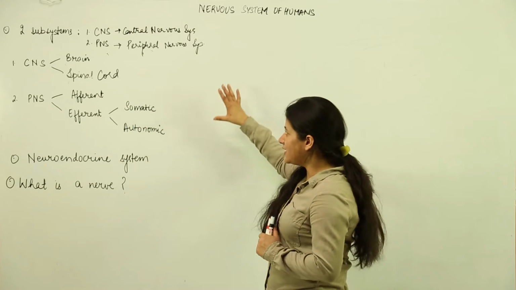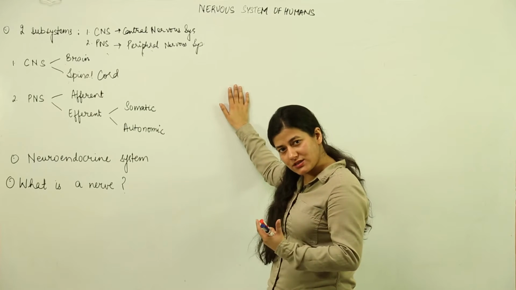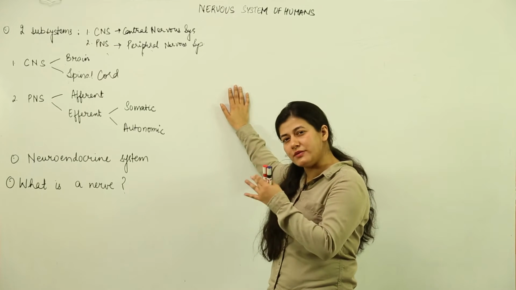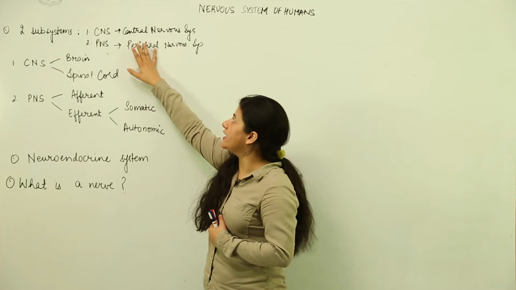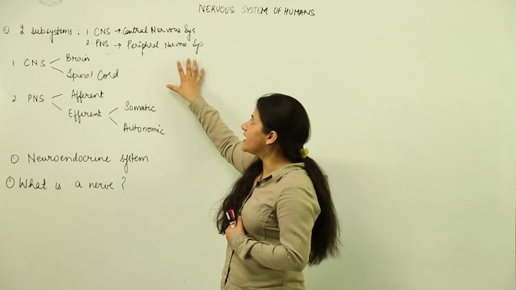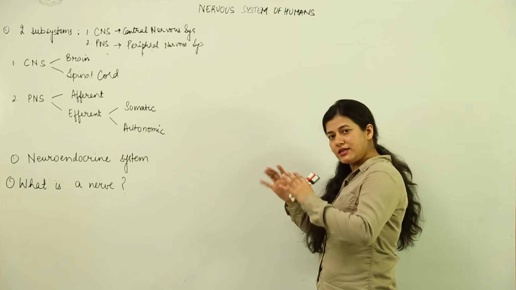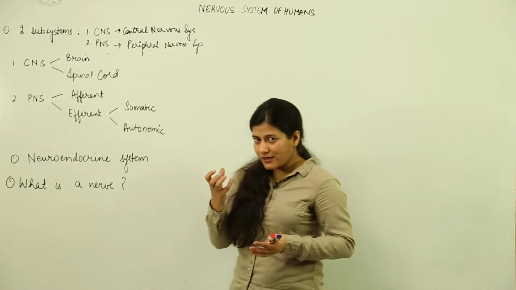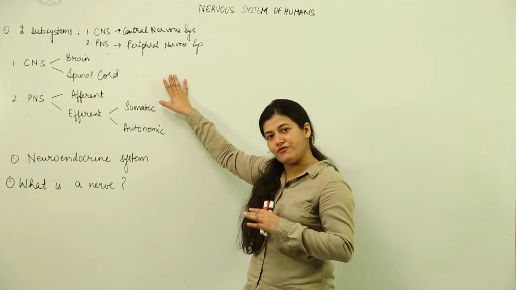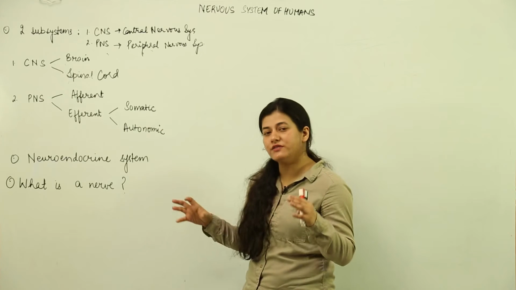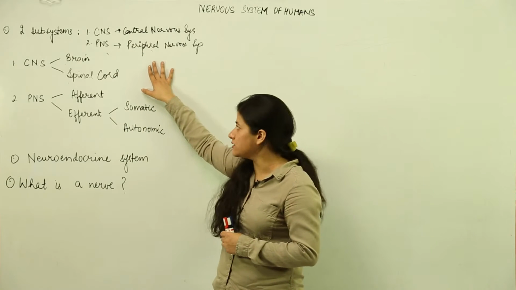Now if we expand these terms, we get a little bit of an idea what these nervous systems are all about, what the two subsystems are going to do, how they are going to work. First of all we have CNS, that stands for central nervous system, and PNS which stands for peripheral nervous system. When I talk about the central nervous system, it gives an idea that it would be in the central part of the body, like brain and spinal cord are the parts of the central nervous system. Secondly we have the peripheral nervous system, whatever would be arising from the central nervous system and going towards the peripheral sides of the body, that would comprise the peripheral nervous system.